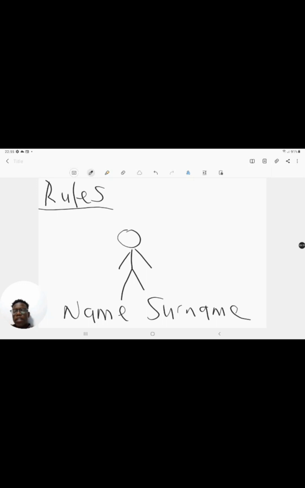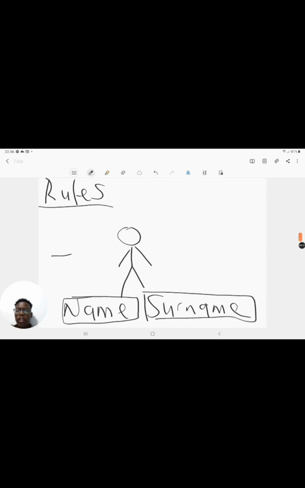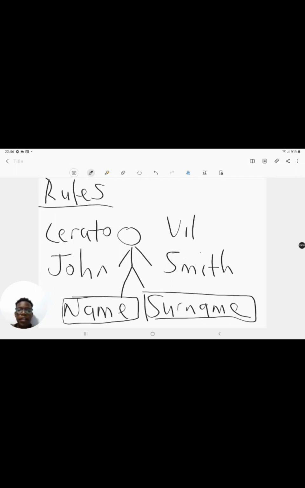The first name constitutes a part of that name, and the surname constitutes a part of that name. So for instance, if your name is John and your surname is Smith, or if your name is Lerato and your surname is Vilakazi,